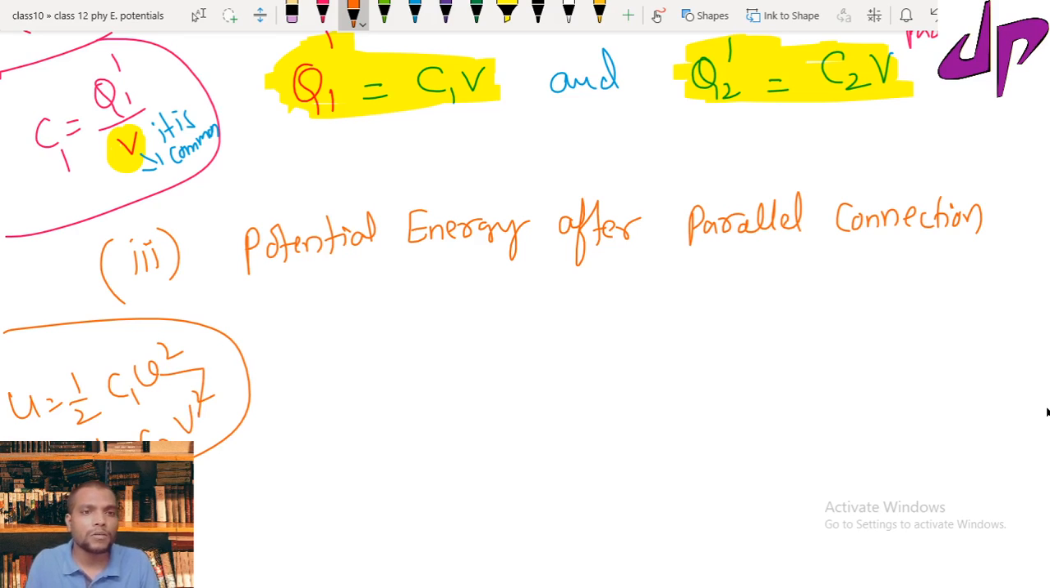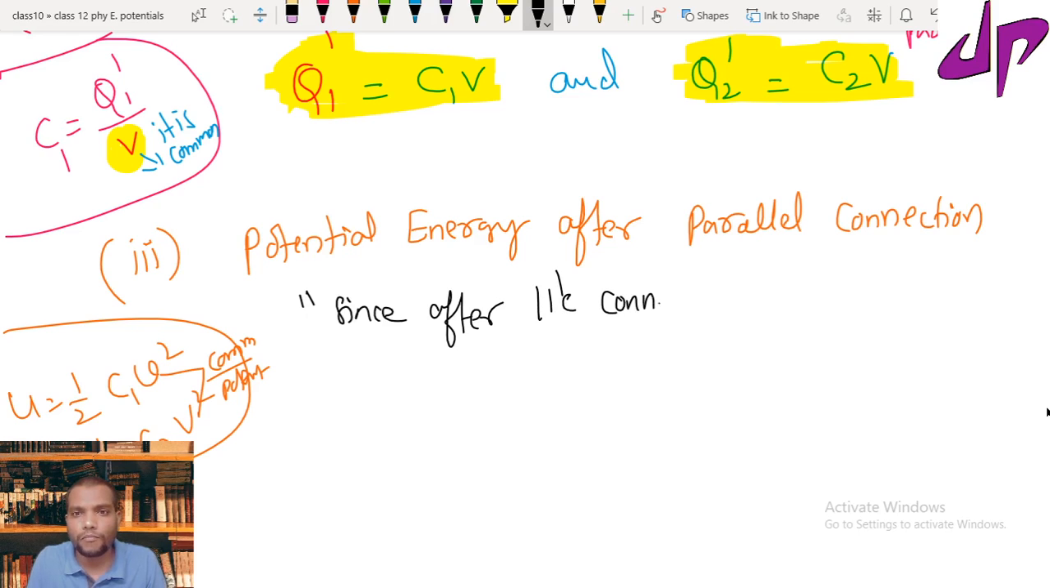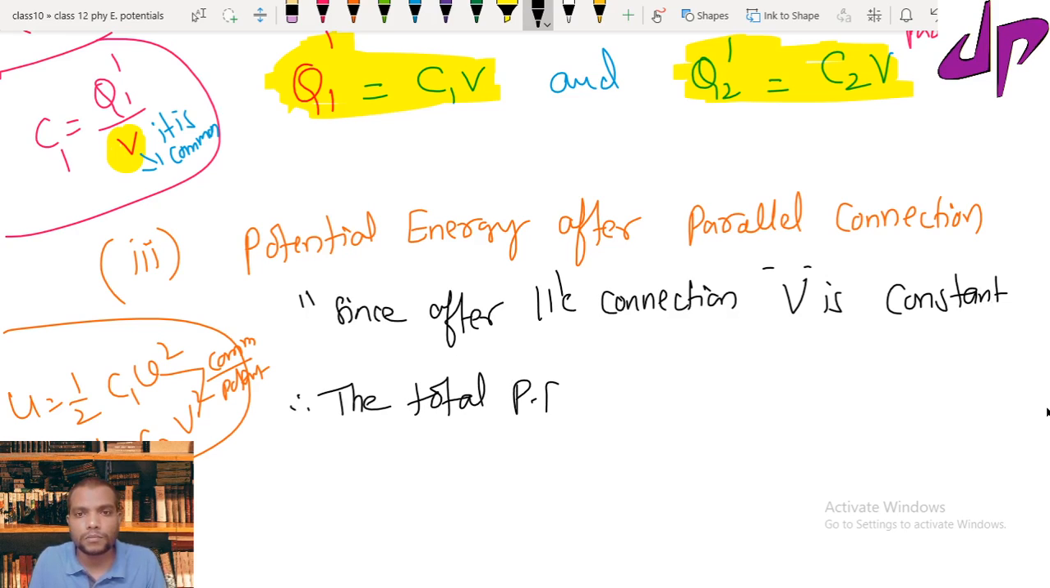Why is V set common here? Because V is again the common potential. Since after parallel connection, potential V is constant, therefore the total potential energy after parallel connection,